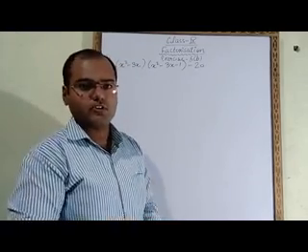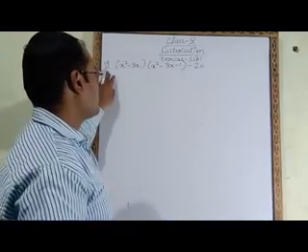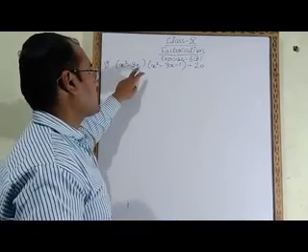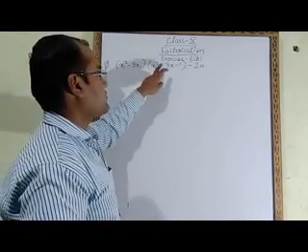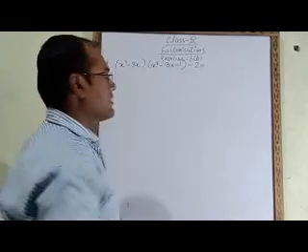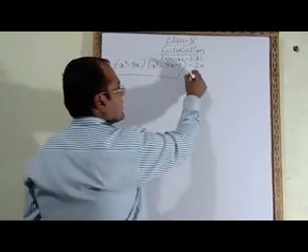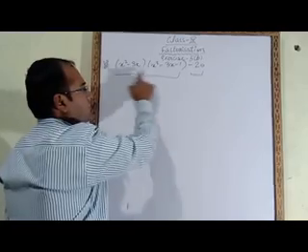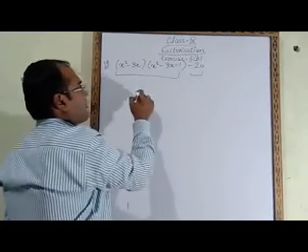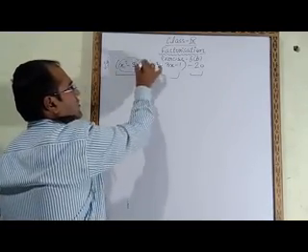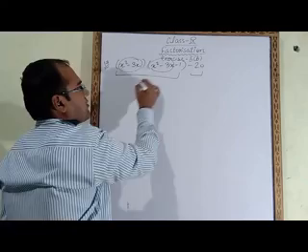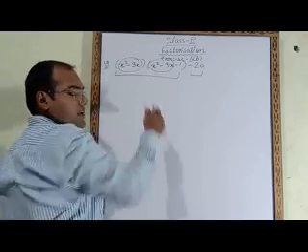Now see question number 17. Question number 17 is x square minus 3x, bracket, x square minus 3x minus 1, minus 20. These two brackets are coming together, that means this full is one term and this is another term. So nothing is common in these two terms. So what we have to do, here we will observe that x square minus 3x is coming here also and here also, but these two are coming in single term.